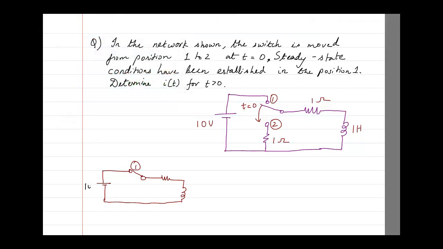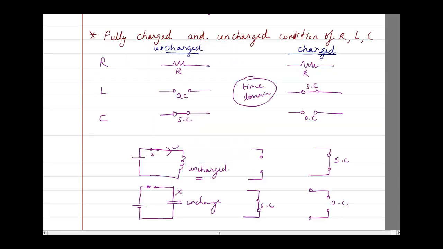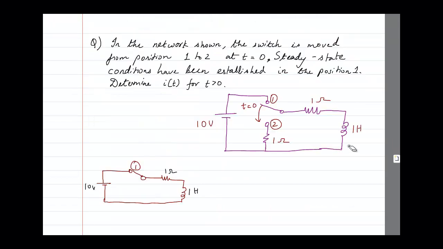When I say it is looking like this before t = 0, we know that an inductor, if it remains connected to a DC voltage for a long time, will get charged up. And what will happen after it gets charged up? We have already seen that once it charges up, the inductor becomes a short circuit. After it's charged, the inductor becomes a short circuit. So taking that into consideration,